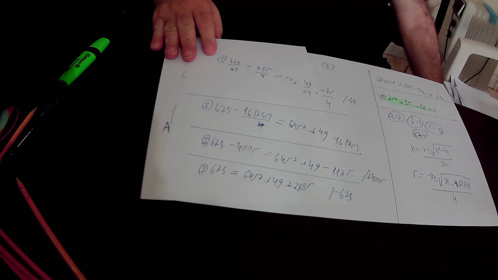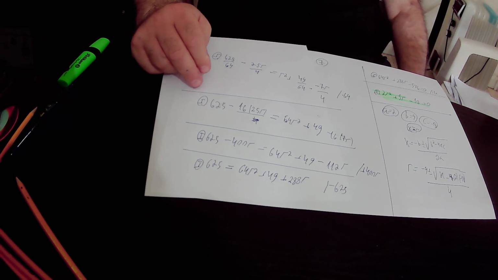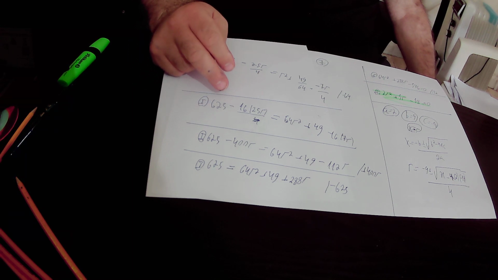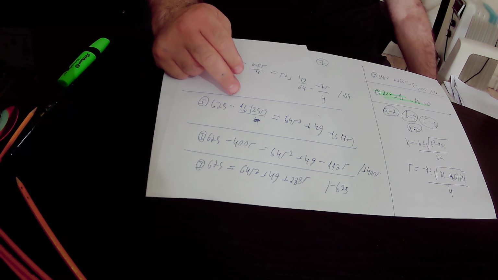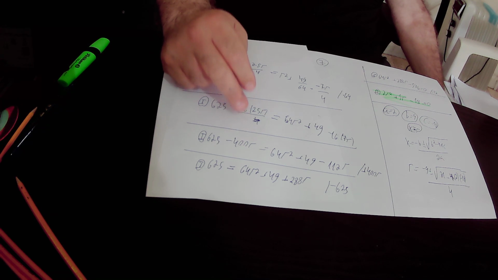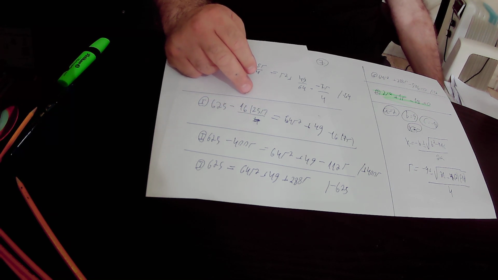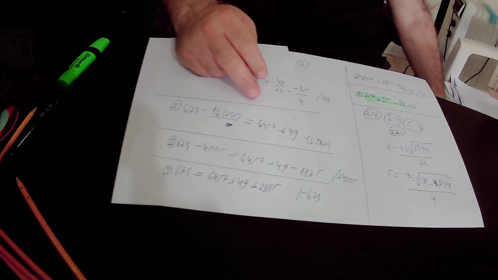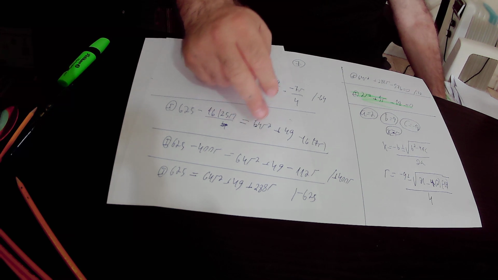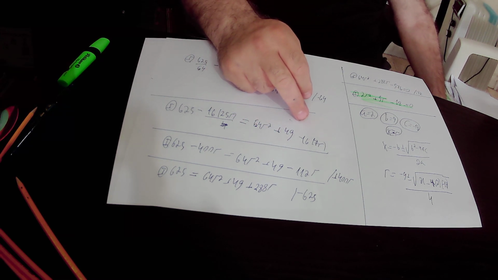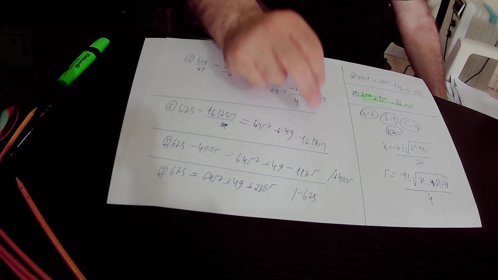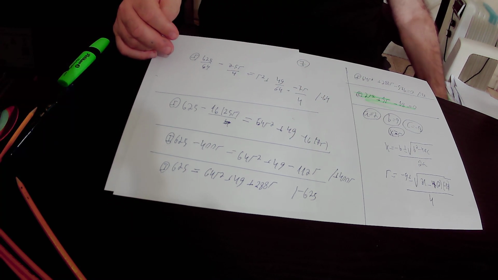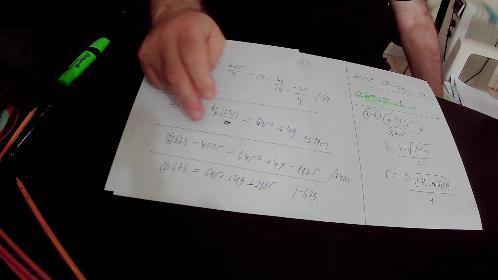Okay, so here we found out that, according to equation number 1, 625. Here we have minus 16 times 25 equals minus 400r. On the other side of equation number 1, we have 64r squared plus 49, and here we have minus 16 times 7r equals minus 112r. Here we subtracted 400r from this equation number 1,